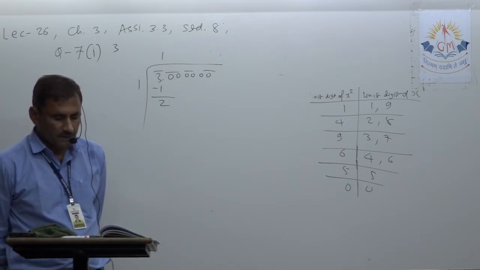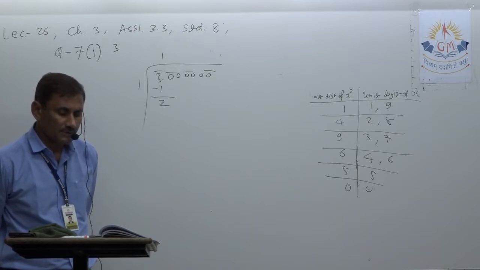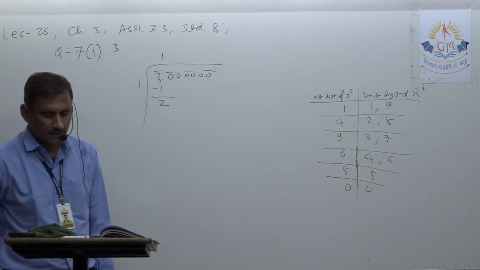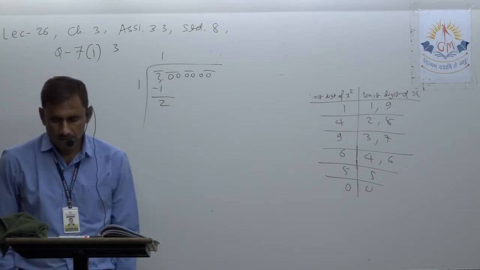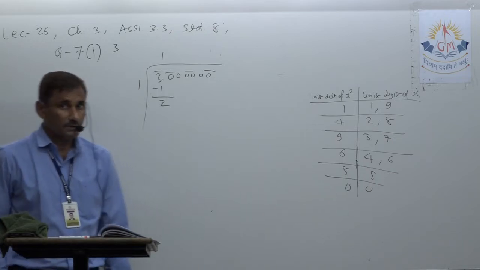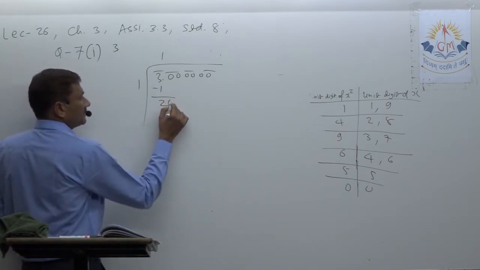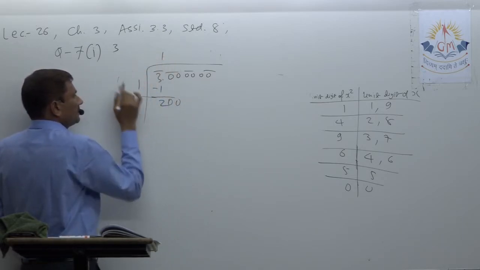Okay, I think it is repeating. MCQ number 2 is that only. So again we solve it. MCQ number 2: look at the value of root 3 correct up to 3 decimal places, and now they are asking up to 2 decimal places. Otherwise it is the same only. So now 2 left, 1 pair of 0 came. Here write down twice the quotient, it is 2.